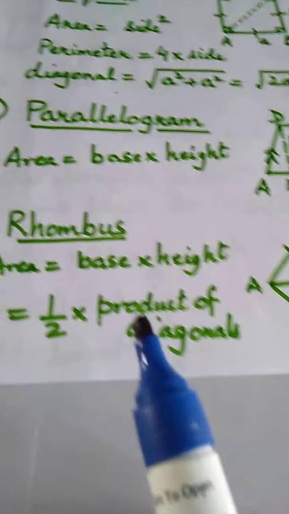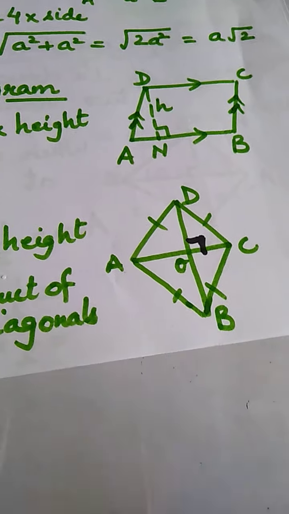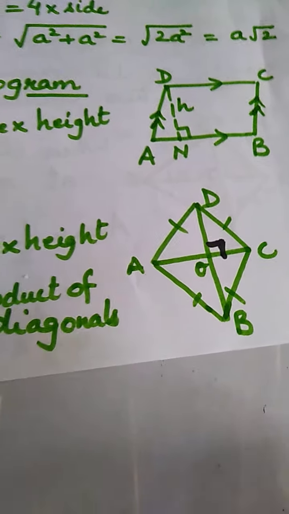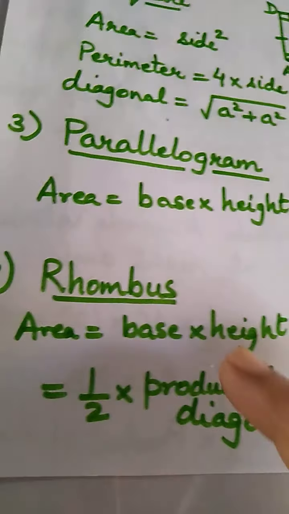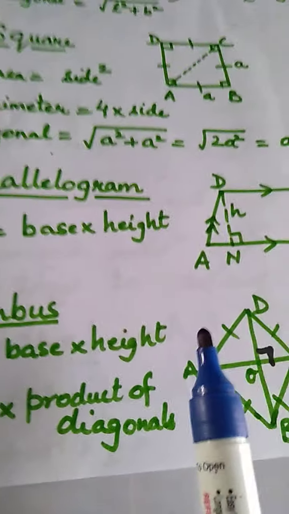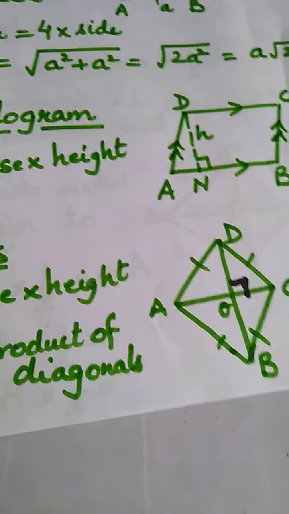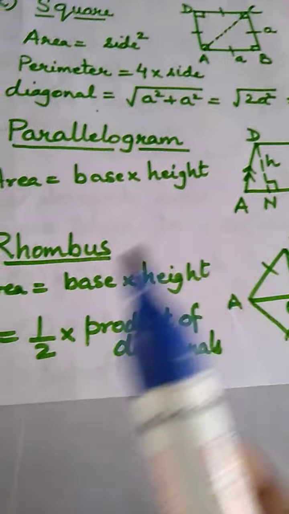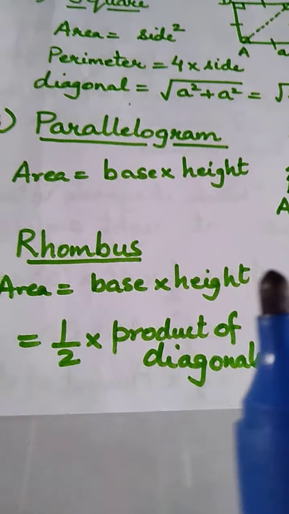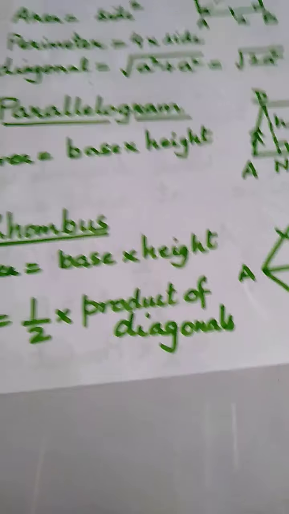So it is different from a square. Clear? So how to find the area of a rhombus? A rhombus is a quadrilateral where the diagonals intersect at 90 degrees. We have already studied that when the diagonals intersect at 90 degrees, the area of the quadrilateral is half into the product of diagonals. But we also take the area as base into height, because a rhombus is a special kind of parallelogram. We will study in detail all the properties of rhombus and parallelogram in another chapter. But here we are only dealing with area and perimeter. So I am just telling you the properties which are required here.